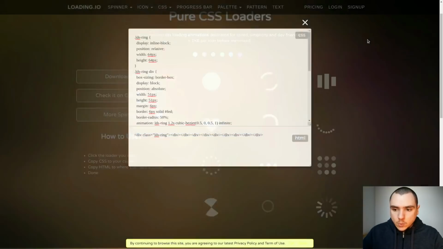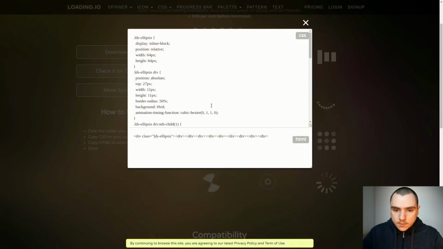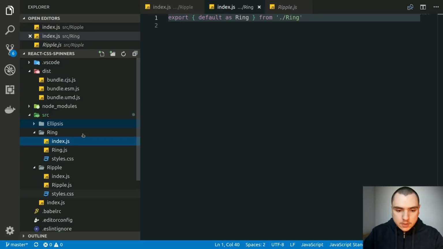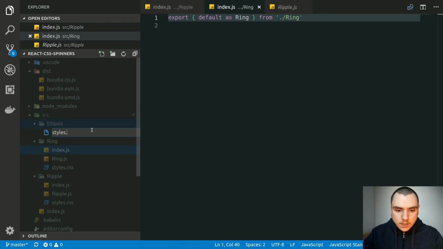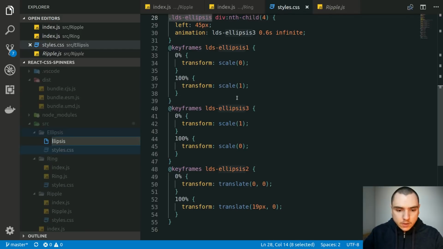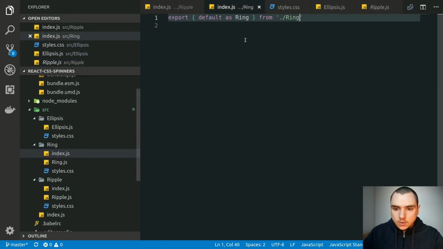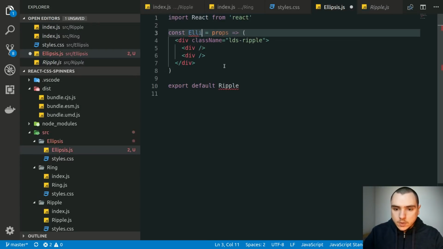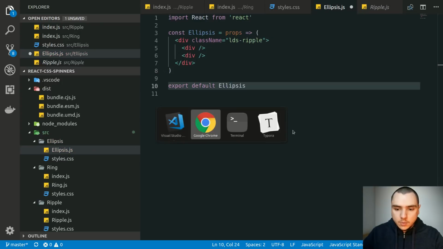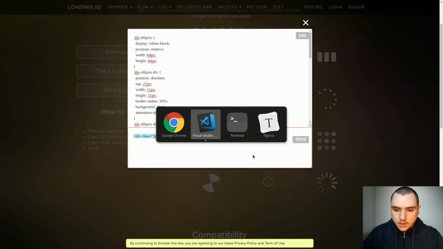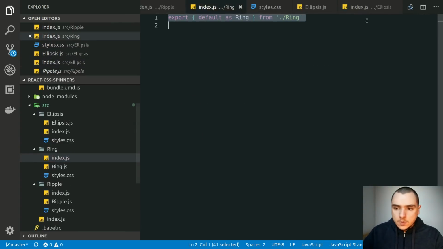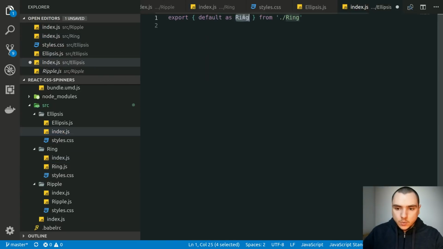And finally, let's add one more. So I'm going to add this guy, which is ellipsis. So let's go back in here. Let's create a new directory, ellipsis. Hope I spelled that right. So let's create styles.css. So let's paste that in. Then ellipsis.js. All right, so we can actually copy, let's see, everything from Ripple to ellipsis. So this will be ellipsis like that. And the markup will differ. So I'm just going to copy the markup like that. All right. And then for the index.js file, it's going to be the same thing. For this barrel file, we're just simply going to export ellipsis like that from ellipsis.